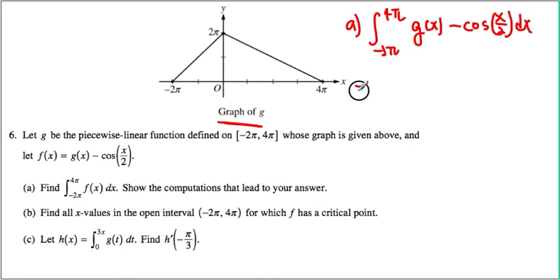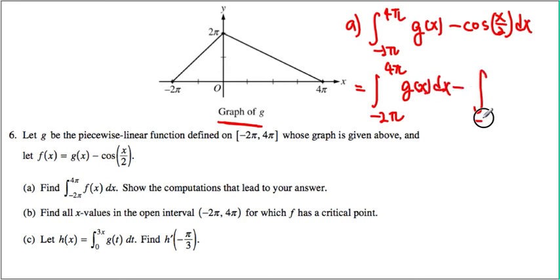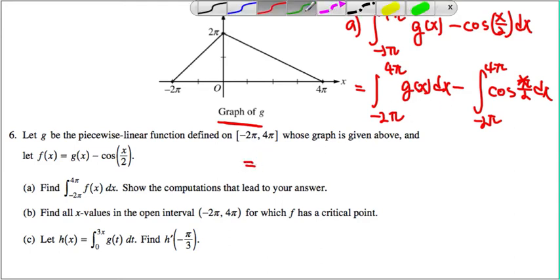Now, if I were to rewrite this one, this will be the integral from negative 2 pi to 4 pi of g of x dx minus the integral from negative 2 pi to 4 pi of cosine of x over 2 dx. Now, the first portion is rather simple